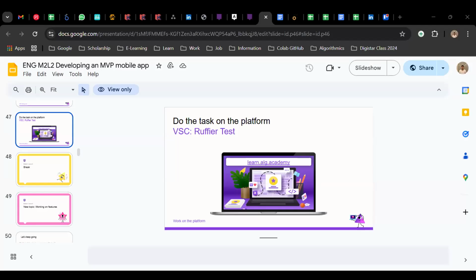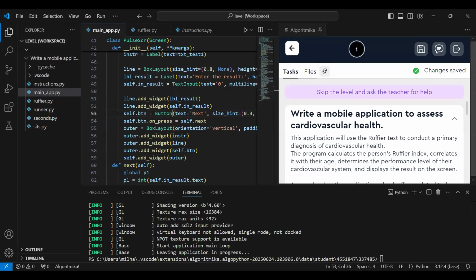The entire screen. Where's that? Can you see it? Okay.